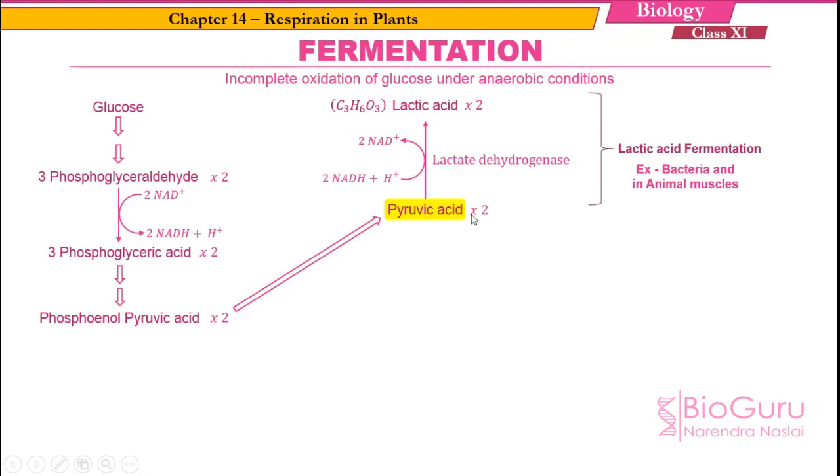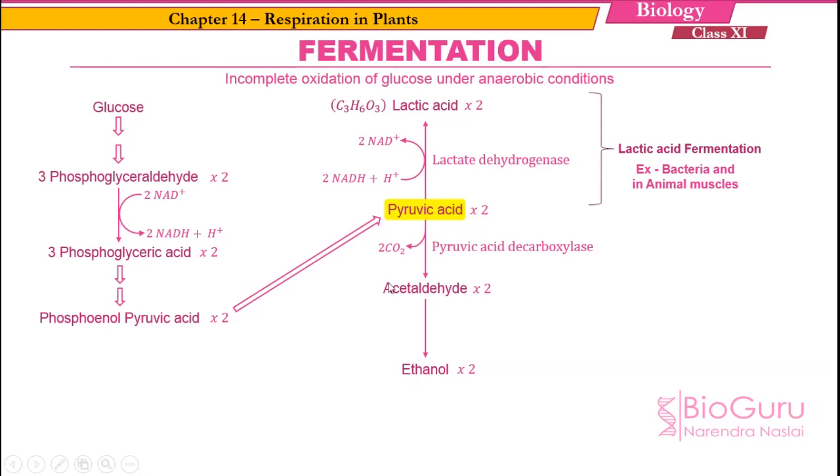Okay, the fate of pyruvic acid in absence of oxygen may result in the formation of some other compounds. So let us see that one. Here the pyruvic acid may first produce acetaldehyde. Two molecules of pyruvic acid first produce two molecules of acetaldehyde. During this reaction, decarboxylation takes place, that means removal of carbon dioxide. This reaction is catalyzed by the enzyme pyruvic acid decarboxylase, right? Further, this acetaldehyde will get converted into ethanol, right?